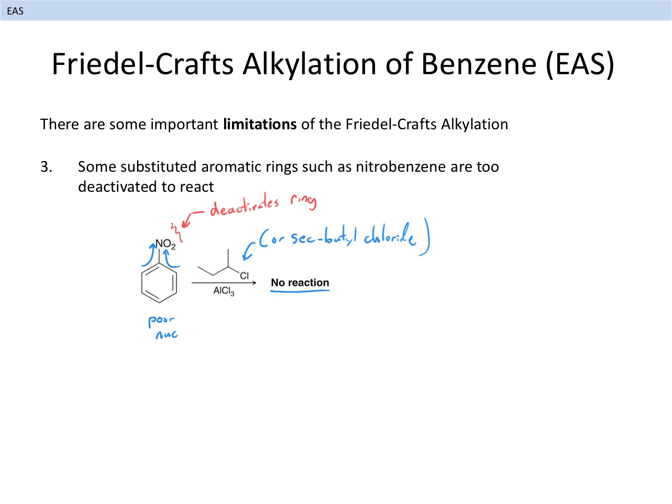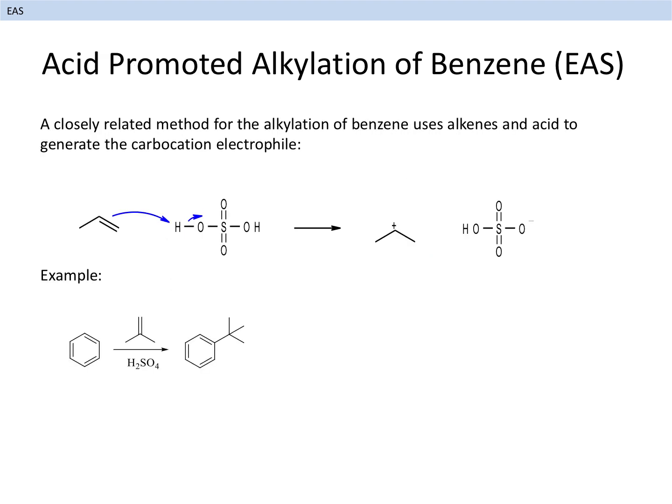Now that we have discussed some of the limitations of Friedel-Crafts alkylation, let's go to the next page and learn about a closely related reaction, the Brønsted acid-promoted alkylation of benzene. After that, we will learn about another reaction, the Friedel-Crafts acylation, which will allow us to attach a carbonyl group to benzene. In this reaction, alkenes and strong acids are used to generate the carbocation electrophile needed for the alkylation